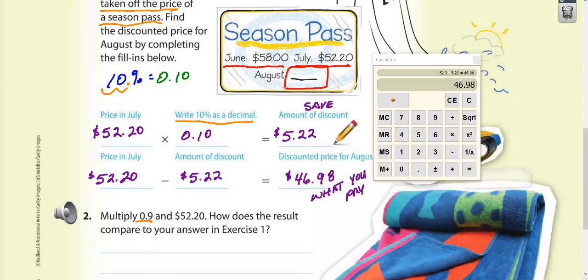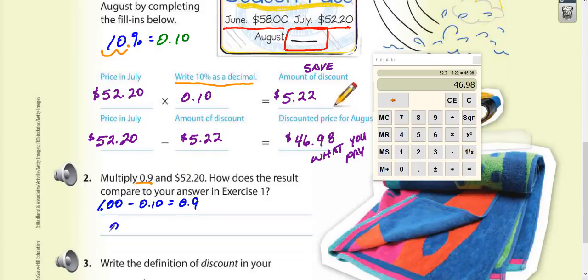The way that they got that 0.9 was 100%, or 1.0, minus the amount that you saved. And 1.0 minus 0.1 is 0.9. So if we multiply that 0.9 by our $52.20, I bet you already know what's going to happen. Oh, look at that. The same